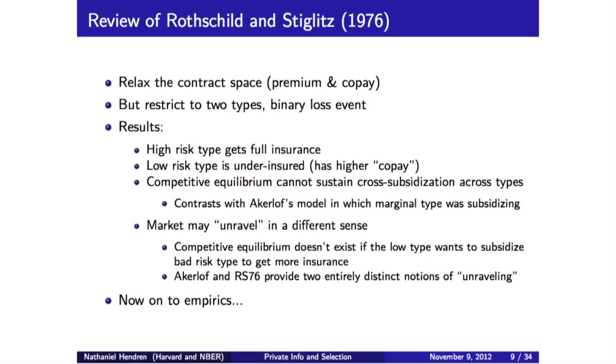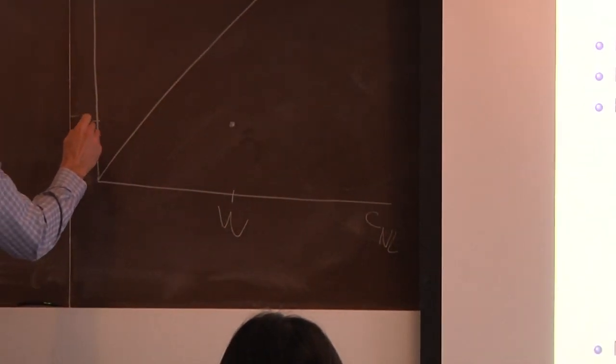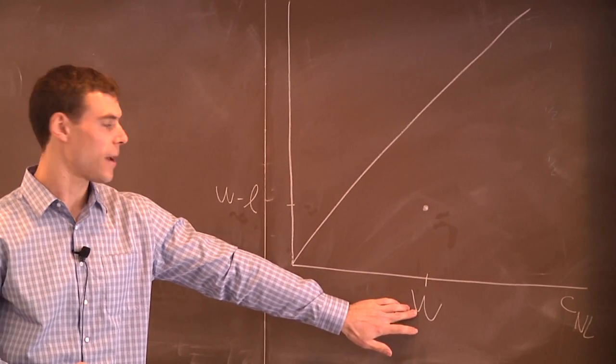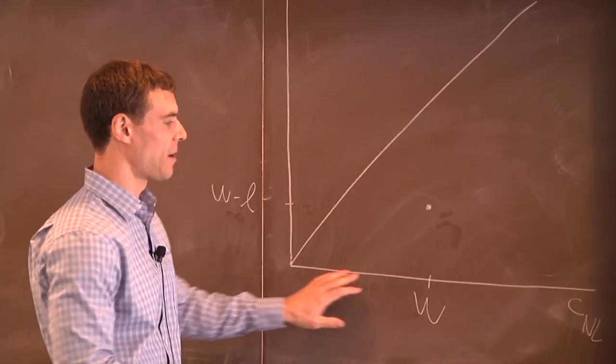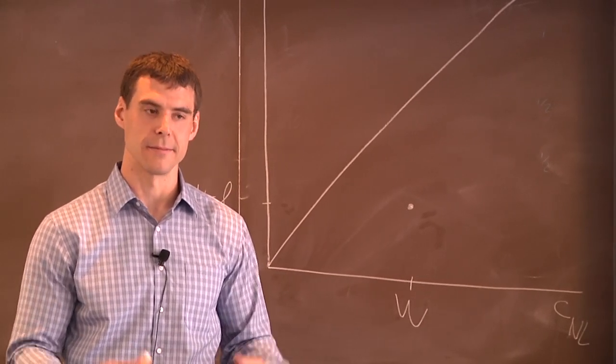And so you want to think of a world where there's two types. So let's imagine there's a high-risk guy and a low-risk guy. And basically what can happen is there can be a financial loss. Okay, so everybody's endowed with some unit of wealth, let's call it W. And if there's no loss, they're able to consume W. But if there's a financial loss, they would have to consume W minus L, which is going to be less than W. Okay? And what I've drawn here is the consumption on the x-axis that they would experience in the event that the loss does not occur, so the good thing happens.